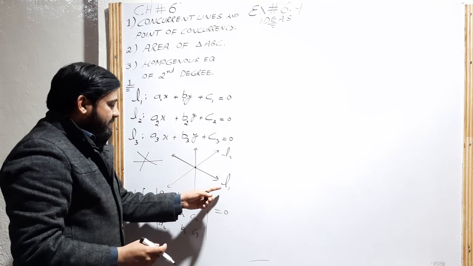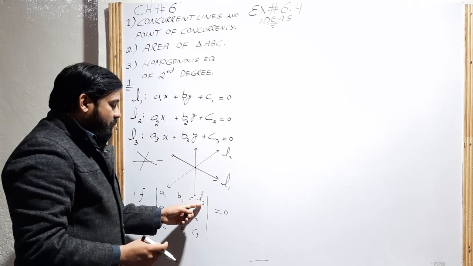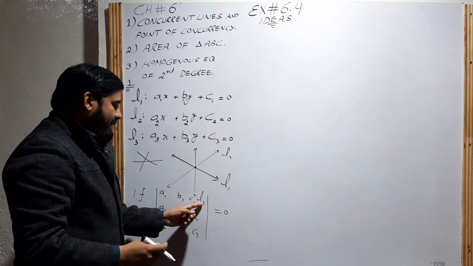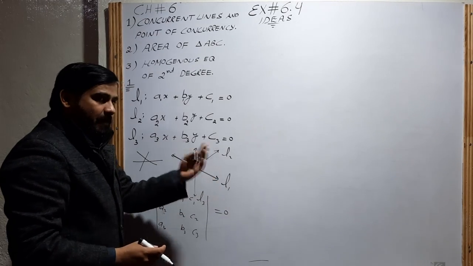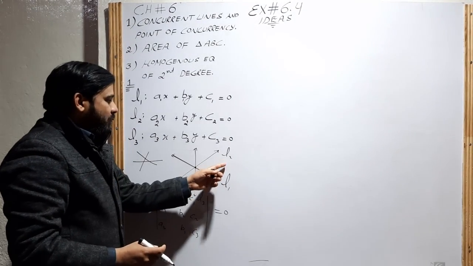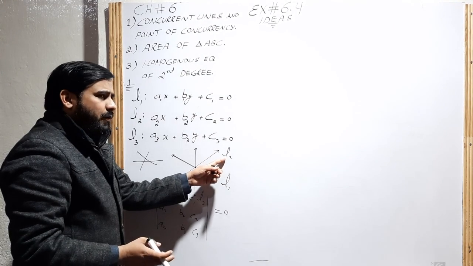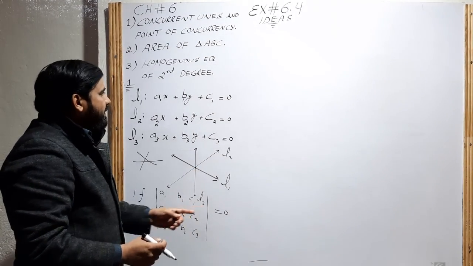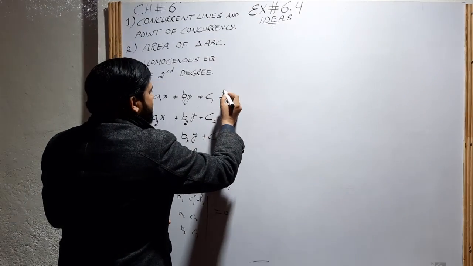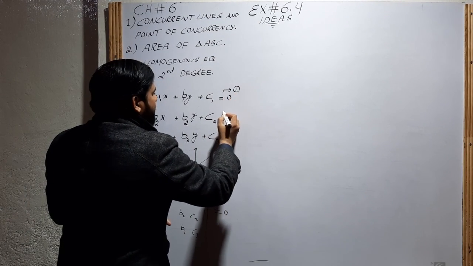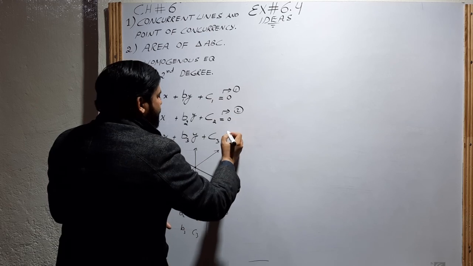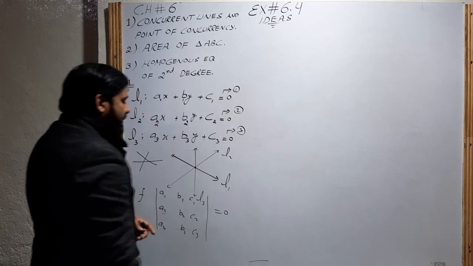Another option is equation 1 and equation 3, related to L1 and L3, and another option is L3 and L2. It means solve equation number 2 and equation number 3. This is our equation number 1,